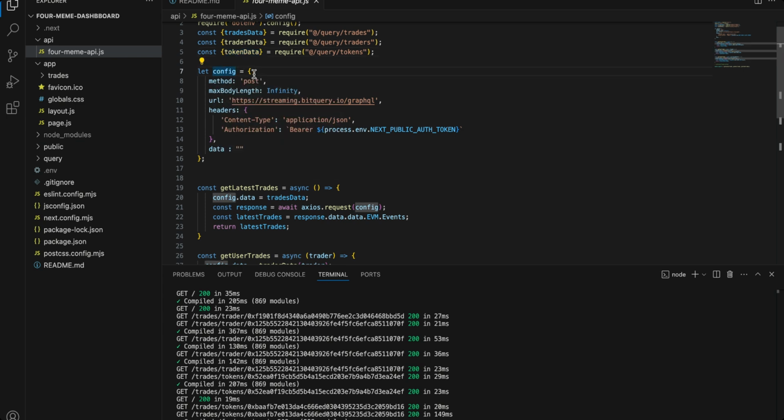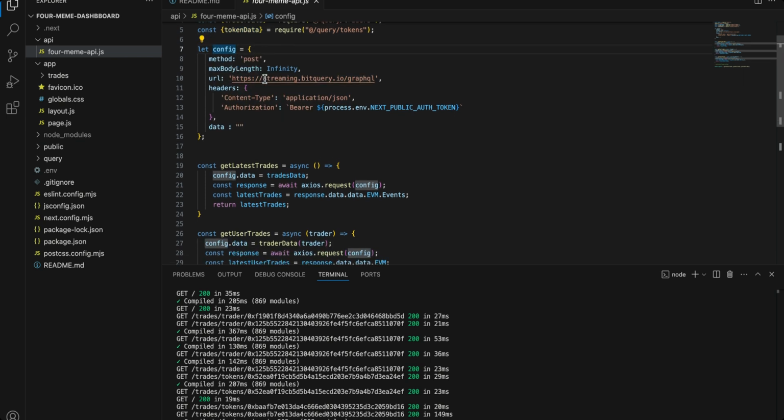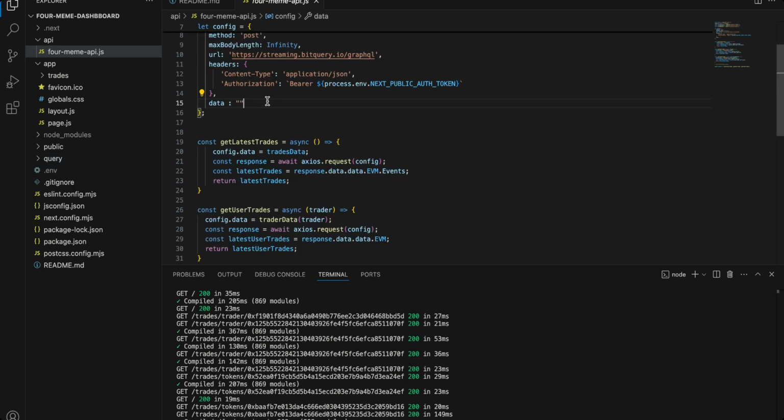Firstly, let's understand this config. We are defining a config where we have defined method, which is post, the max body length of the response, the URL which we are going to hit, it is the following. Also, we are defining headers with content type as JSON and the authorization to access the Bitquery API. And for that, we are going to need the auth token, which I have already defined in my .env file. For now, the data is